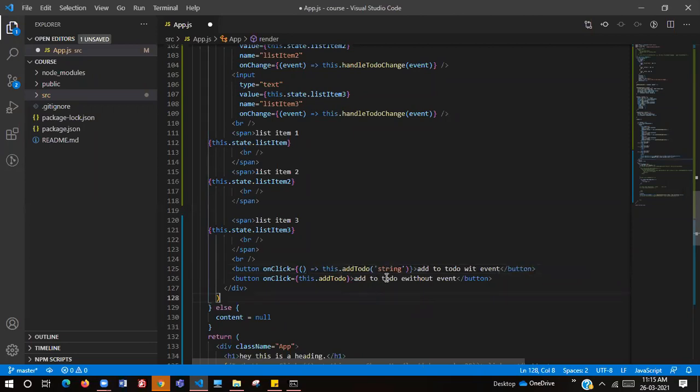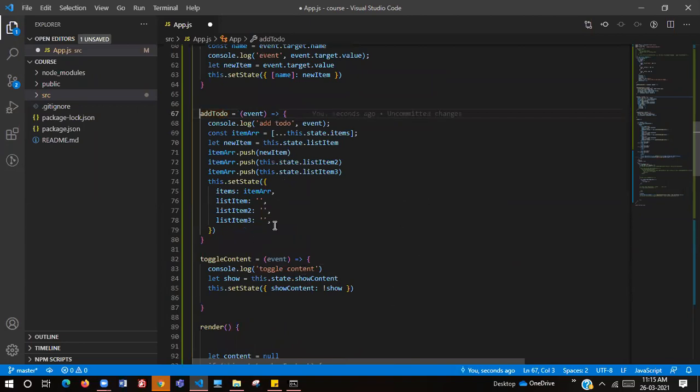If you want to just write parameters without event, we can do this. If you want to also pass event and other parameters, you can do this. Or if you don't want any other parameters but just access event on this dot add to do, you can also do that. So there are many ways you can access and play around.